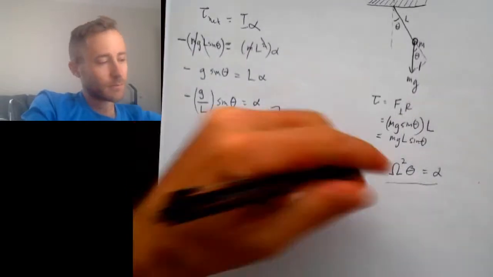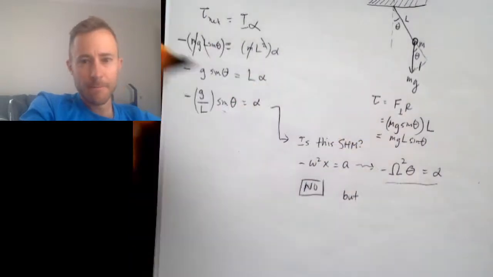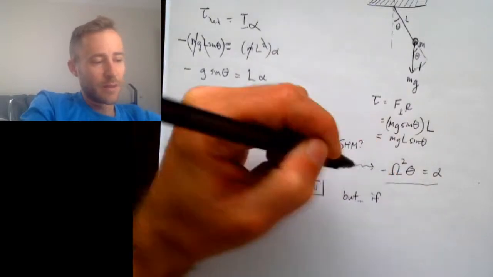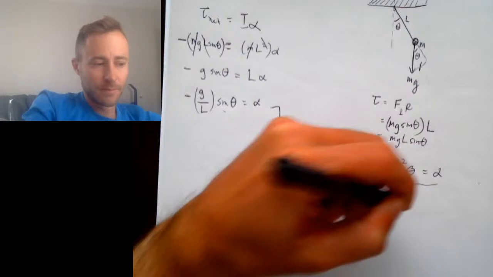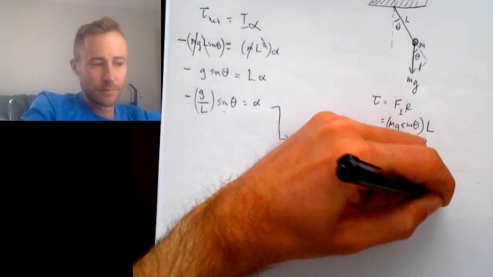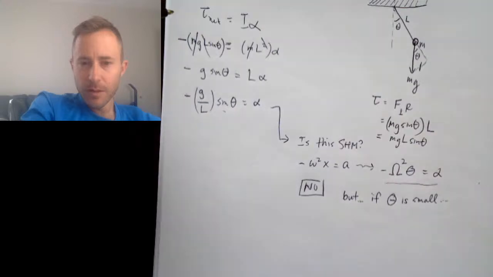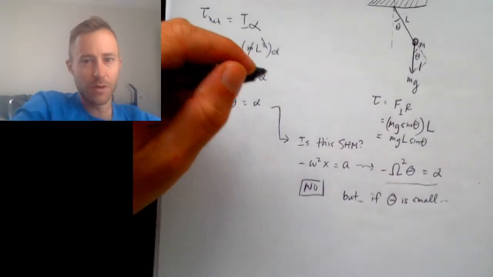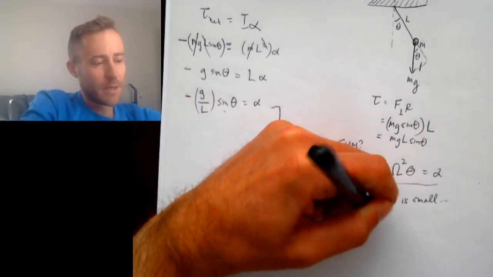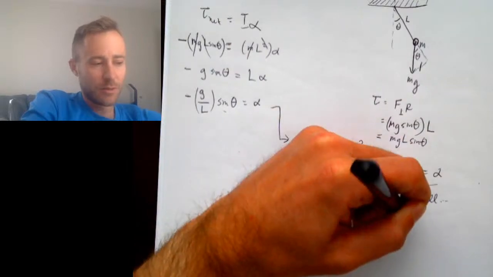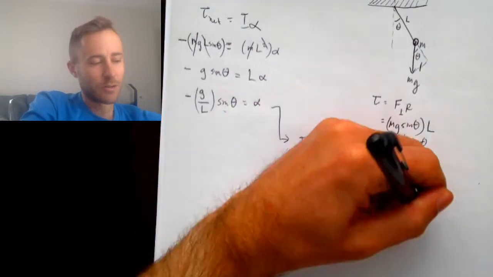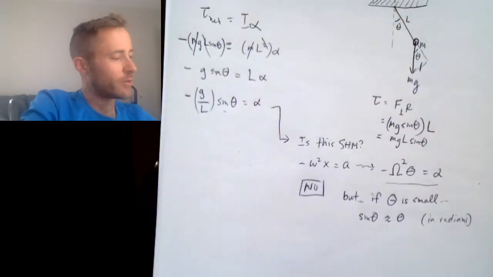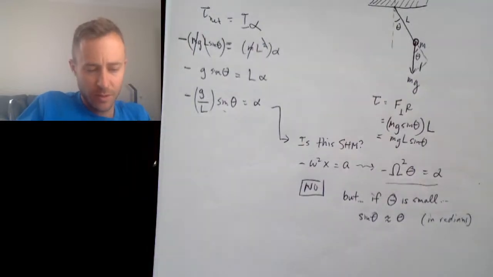But if the angle of deviation from the vertical is small, sine of theta is approximately equal to theta. This is only in radians mode, but you can try it out yourself. So let me put this in